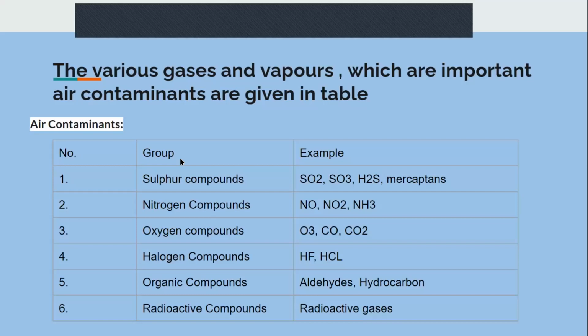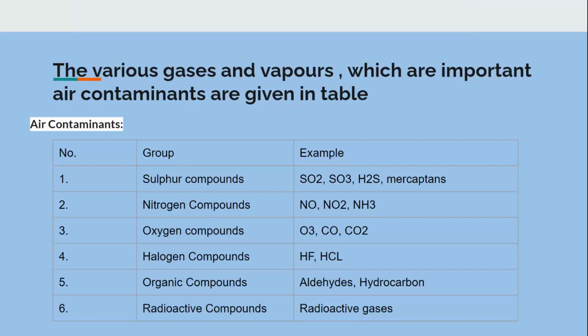The various gases and vapors which are important air contaminants are given in the table. Okay, so air contaminants means major air contaminants which play a role in making the environment polluted. That is the sulfur compounds, that is